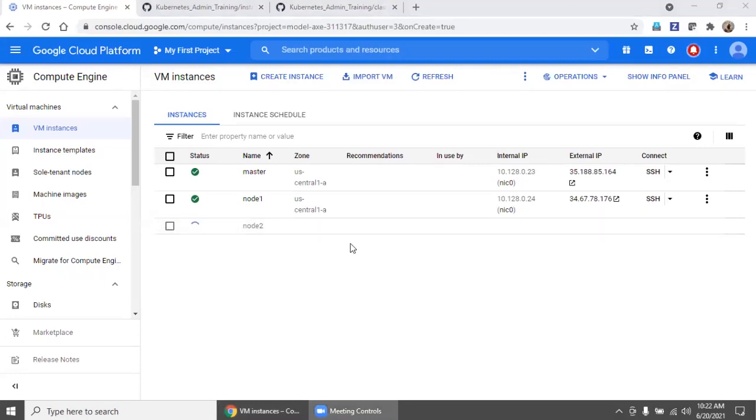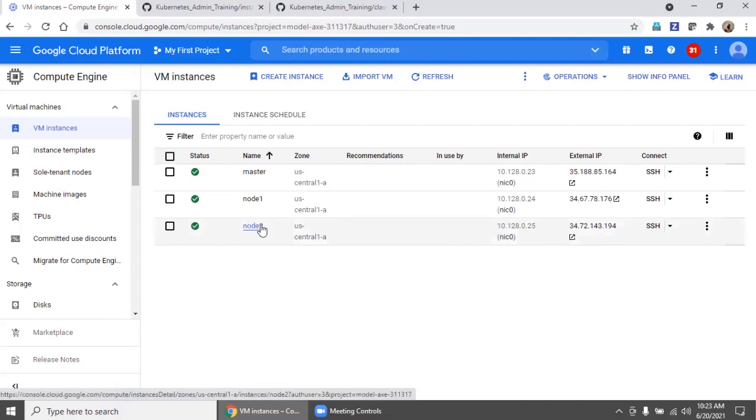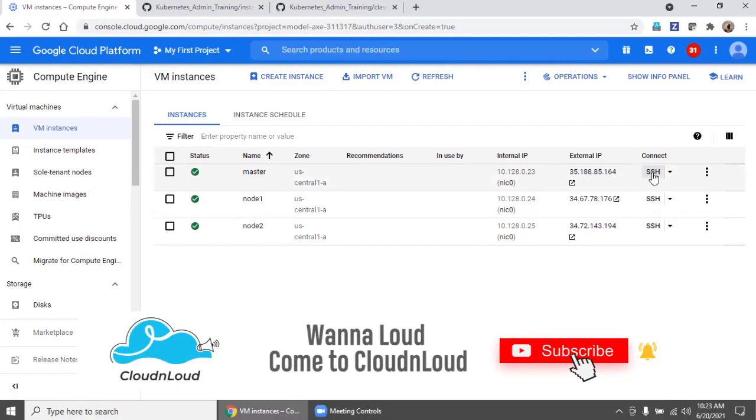See here, I started creating master, node 1, and node 2. Let's wait a few seconds. Yes, master, node 1, and node 2 have started creating. Let's first log in to all 3 servers so that while applying the commands, it will be easy to copy and paste.